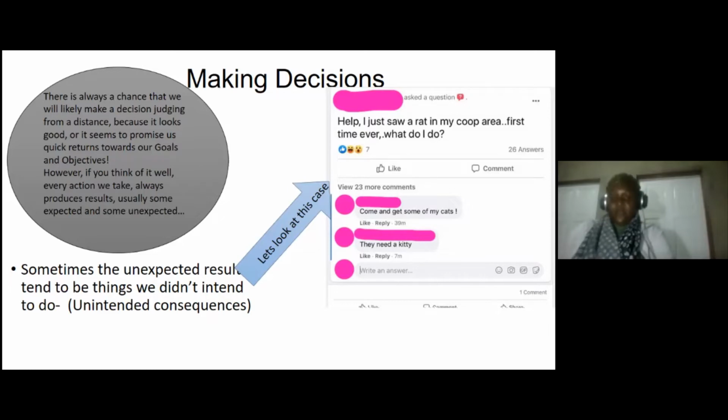Would the cats be dangerous to the chickens? Oh, really? One thing I thought of was that if the cat comes in, you have a chance that the cat is not really the appropriate cat for the context. But if you bring a kitty in, then you get the human bonding with the kitty, and you also get the kitty being raised in an environment where there are rats to hunt, so it will more readily adapt to that.